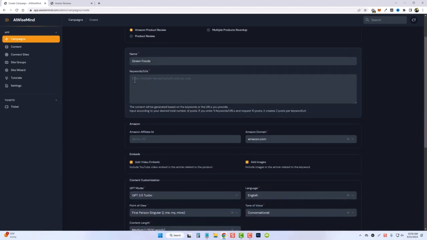Now what we're going to do is enter multiple keywords or URLs, one per line. So if we only want to do one review, we're just going to paste in one URL or one keyword, and it's going to take that and create the product review. If you have 5 or 10 products you want to review, you can enter that one URL per line or one keyword per line. And be sure to always read the content underneath these boxes because they will give you additional